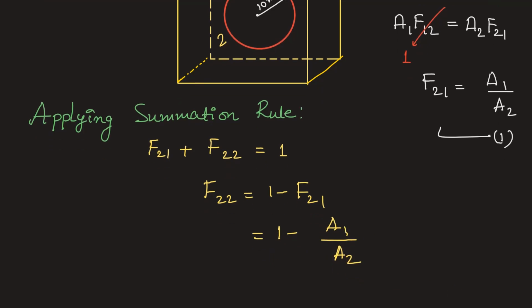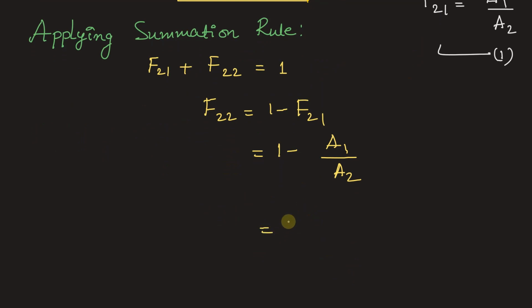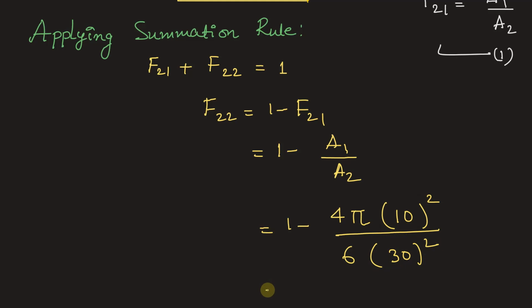So A1 is the surface area of sphere, that is 4 pi r square, and r value is 10 mm, divided by the surface area of the cube, that is 6 a square, and a value is 30 mm. So this will be equal to 1 minus